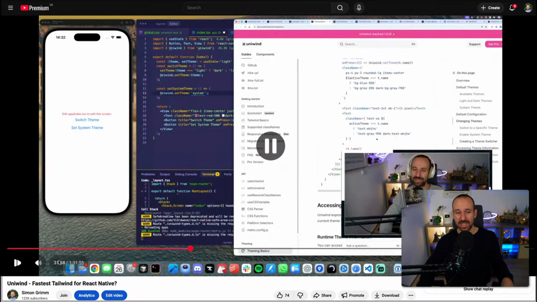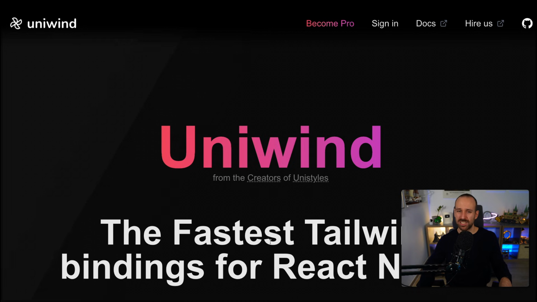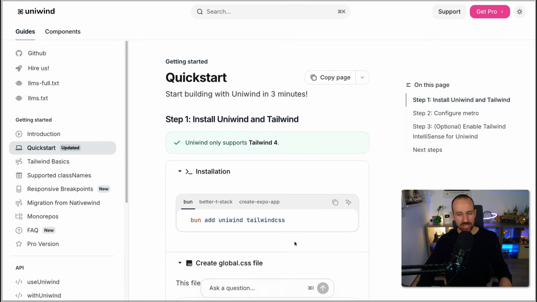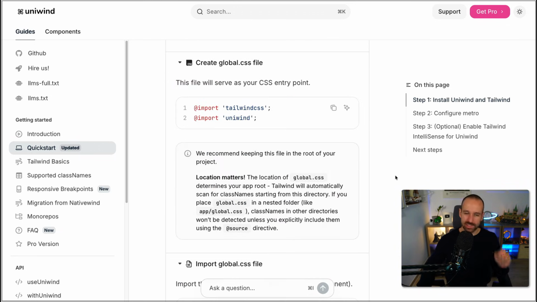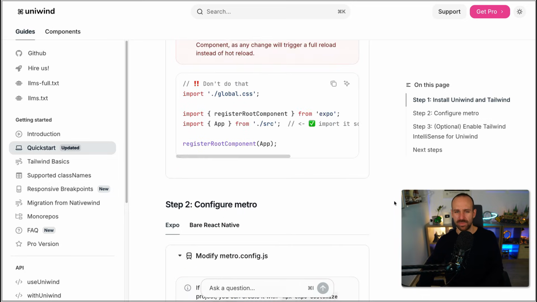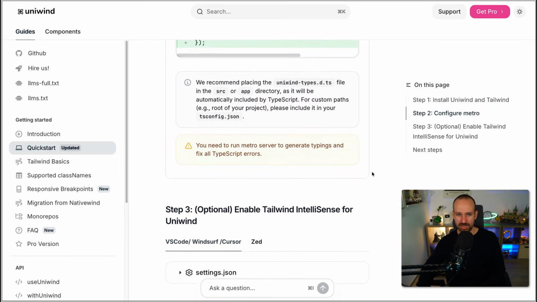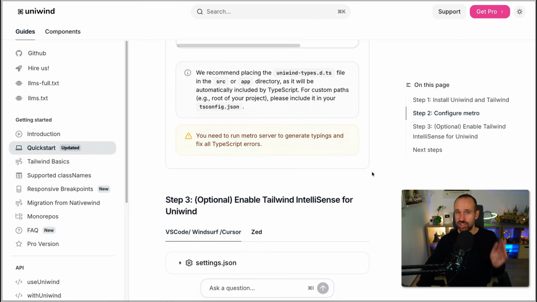And honestly, I was overwhelmed by how good Uniwind is. I wasn't expecting this, to be honest. I thought it's maybe good, but what people say on X or social is absolutely true. The quick start, the setup is really fast. I was a bit of an idiot when I set this up initially, but most of the time it just worked